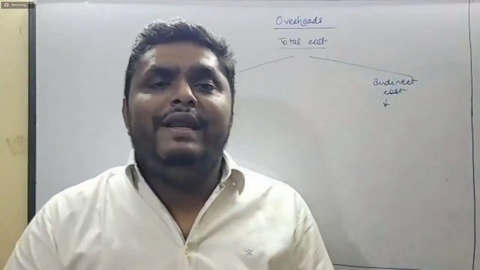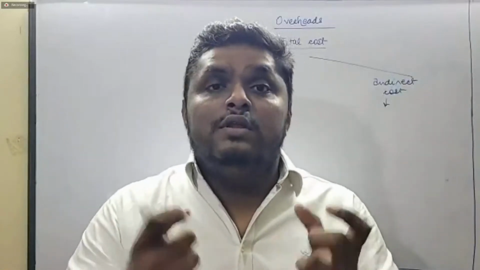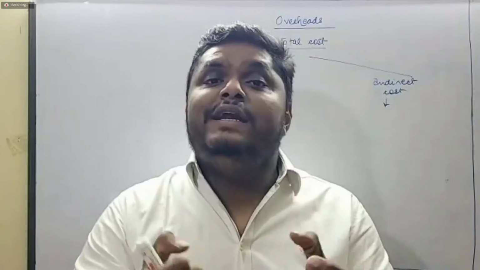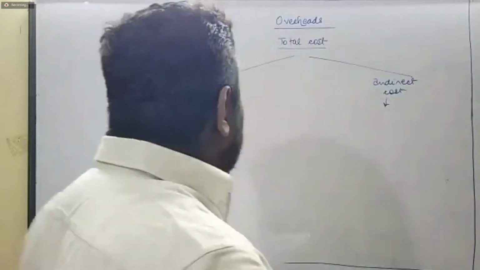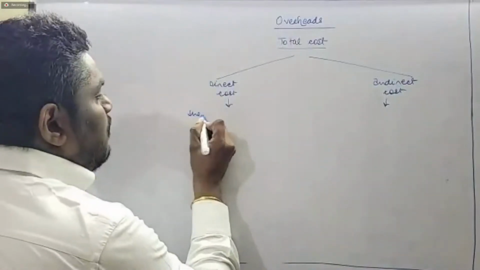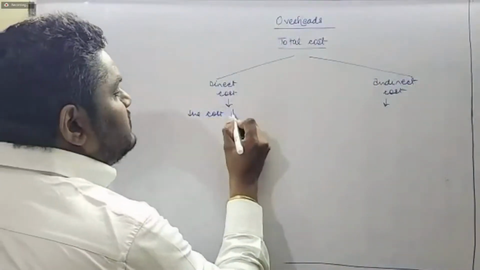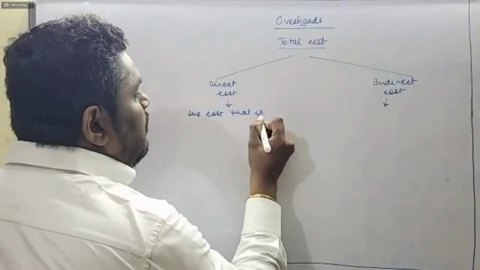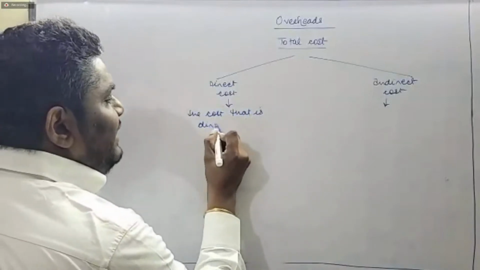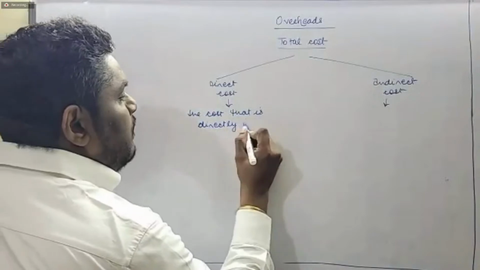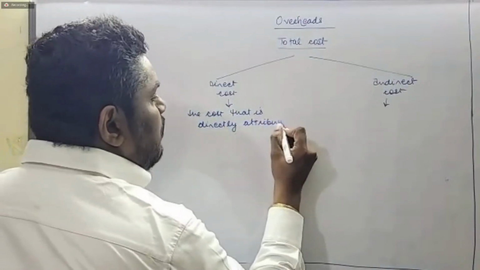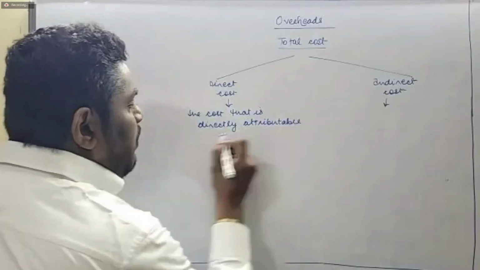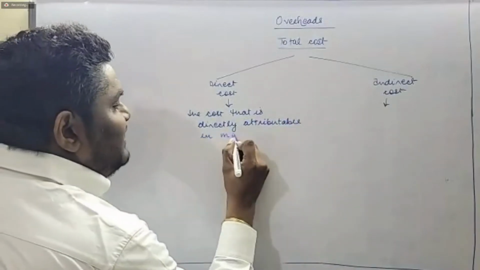When talking about direct cost, what is direct cost? The cost that is directly attributable in manufacturing a product is direct cost. What is direct cost? The cost that is directly attributable in manufacturing a product